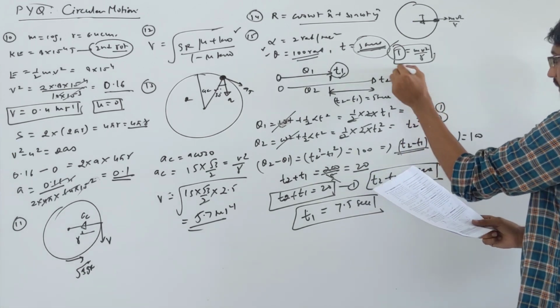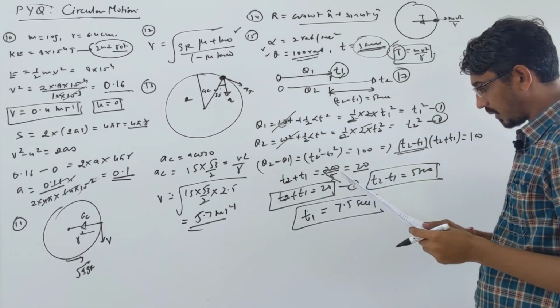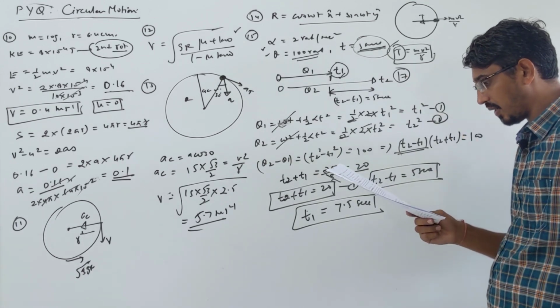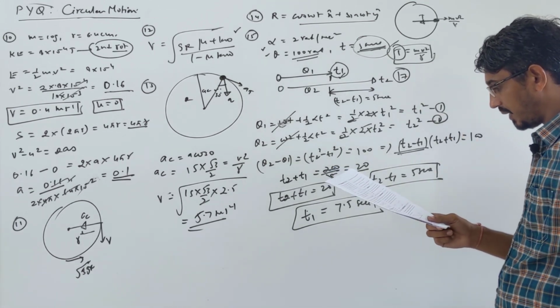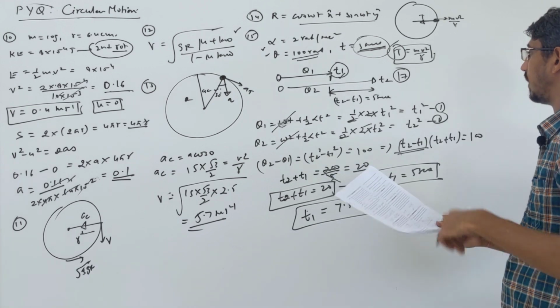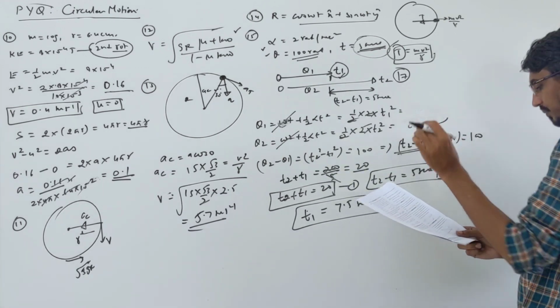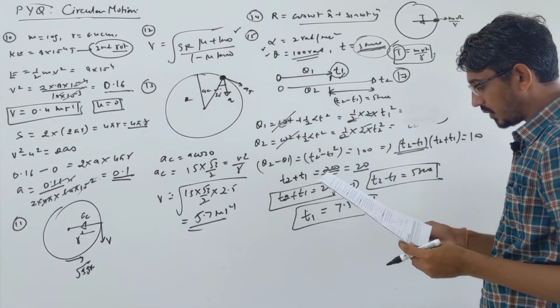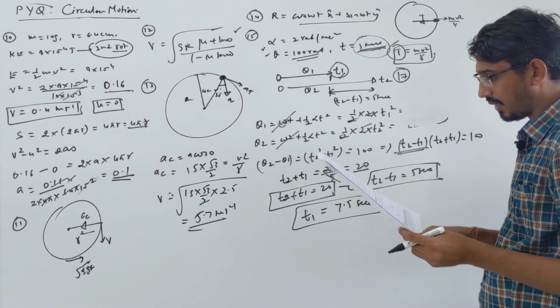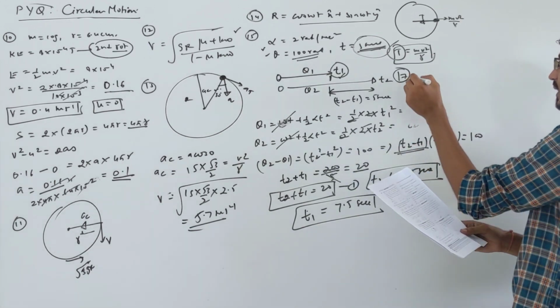17th question, last question. They said that a particle slides from rest and enters a circular loop like this one. Diameter is given as d. The height h is equal to what? So look, it is very simple. This is just able to complete a circle. So it means the energy at this point is what?